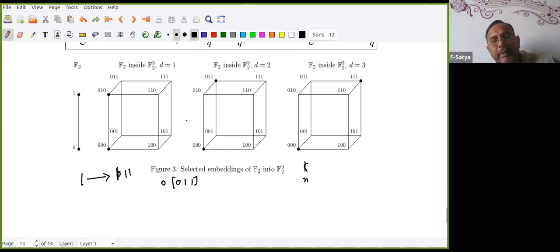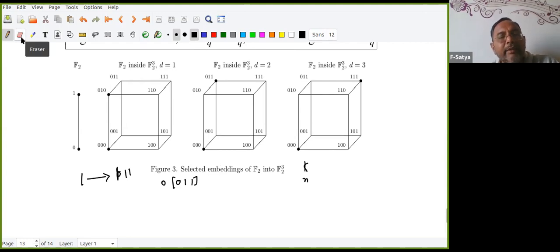There are many subspaces, but one subspace gives distance 1, another subspace gives distance 2, and this subspace gives distance 3. So which subspace should I select? From the coding theory point of view, this is better for me. Why? If I choose the first one, I cannot do anything. But the second one can at least detect one error, though it cannot correct. The third one can detect 2 errors and correct 1 error. So the way I choose the generator matrix will change things.